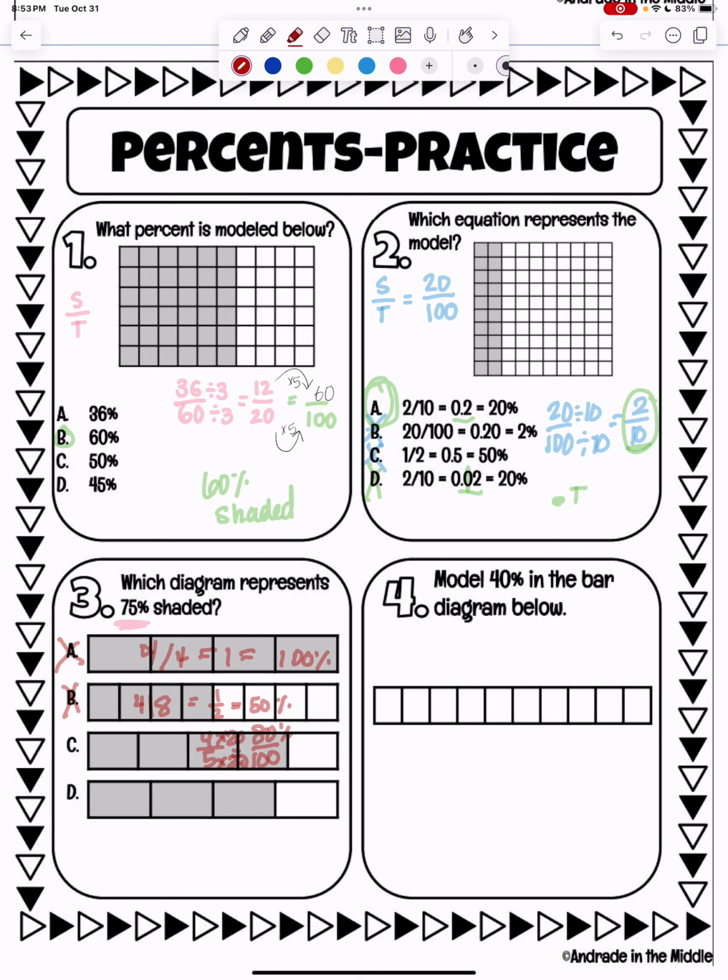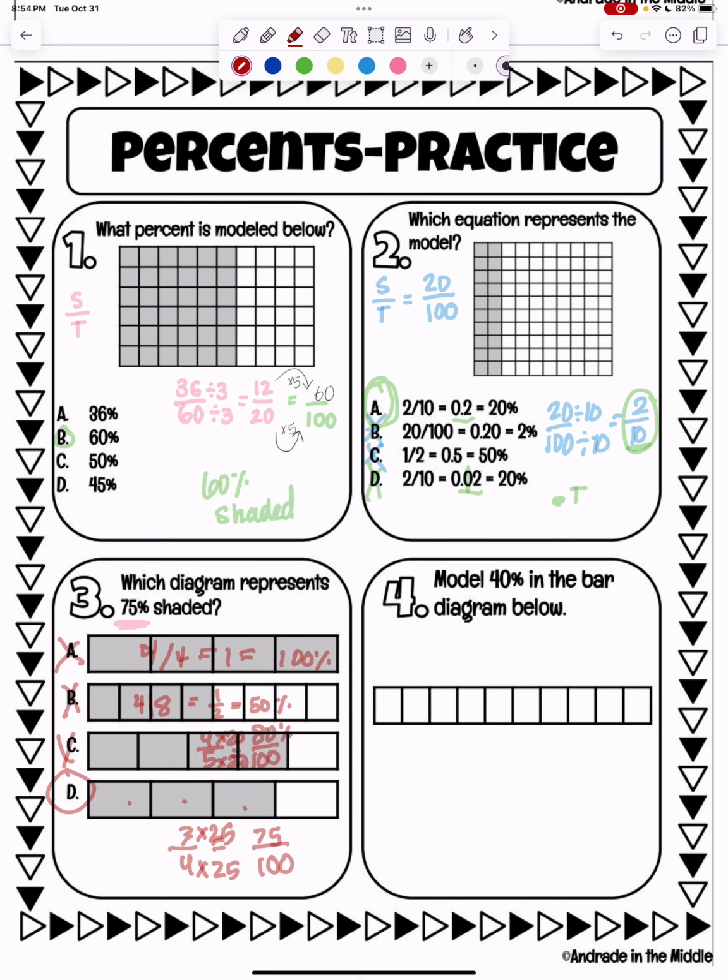So this next one, how many are shaded? 1, 2, 3 over 4. Okay, how can I get from 4 to 100? Times 25, times 25. So this one is 75. So that would be D. All right, last but not least,